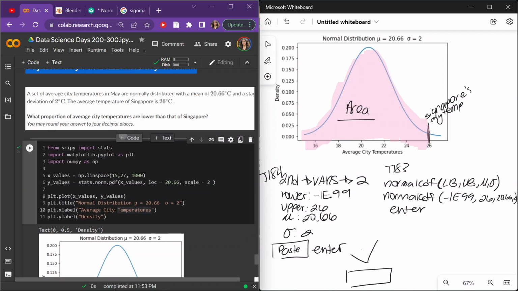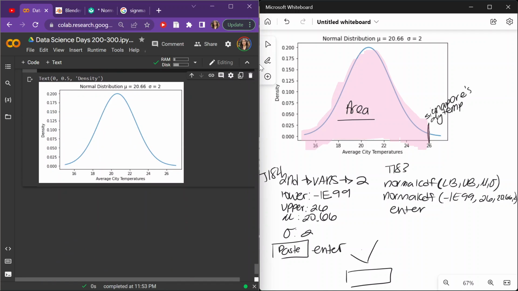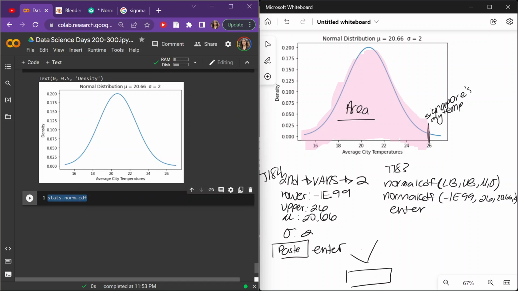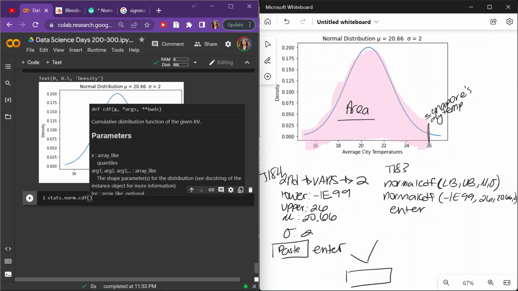Now, in Python, it's a little different. It's the same function. So the function we get by doing stats.norm. So again, it's a normal function, and instead of PDF, we're going to do CDF. So this is the same thing as normal CDF. In here, this function in Python only takes 3 parameters in comparison to your calculator, which takes 4 parameters. Here, it only takes the point that you're trying to look for,